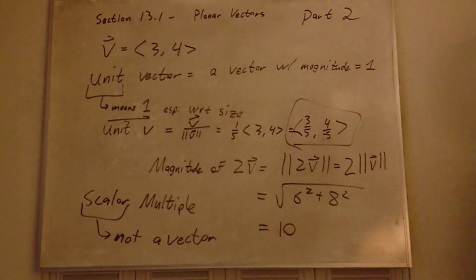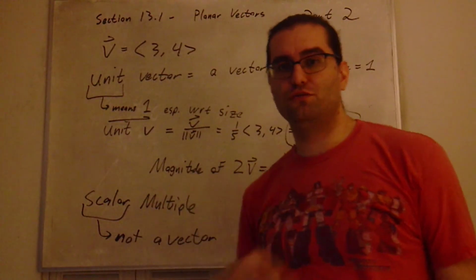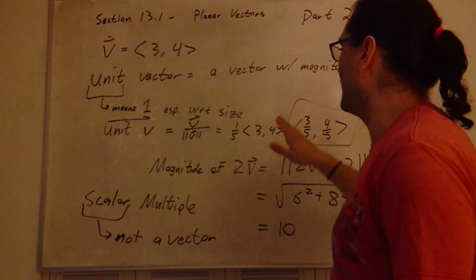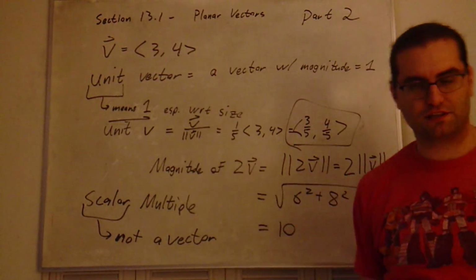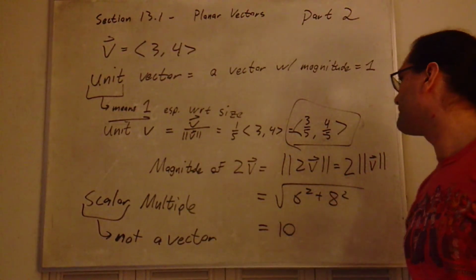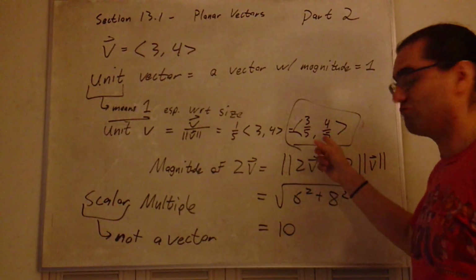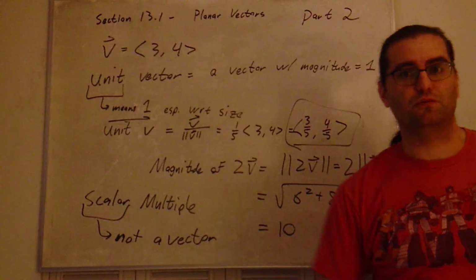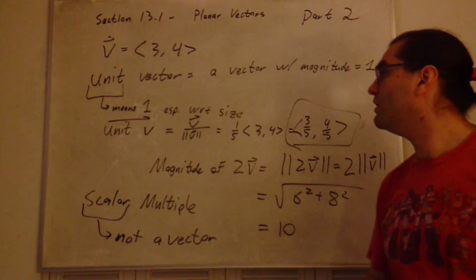So this is a neat trick. You can always turn any vector into a unit vector by dividing it by its magnitude, or multiplying it by 1 over its magnitude. If you want to verify that this is a unit vector, you can find its magnitude. I would welcome you to try that. I'm not going to try it on this video because